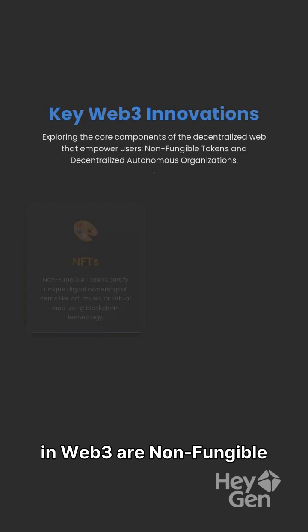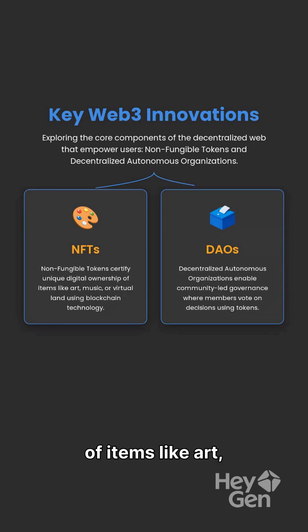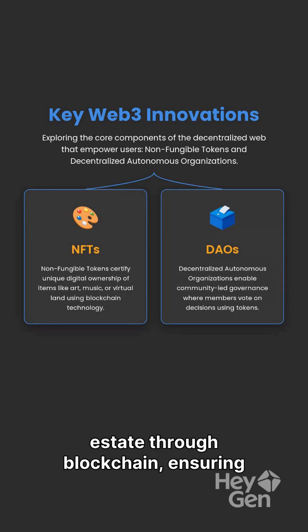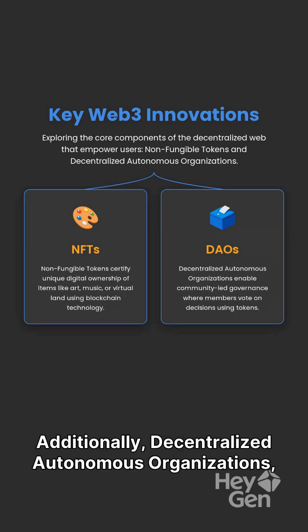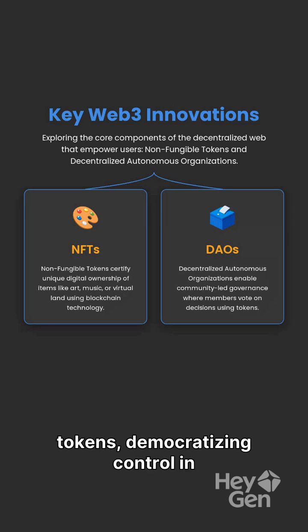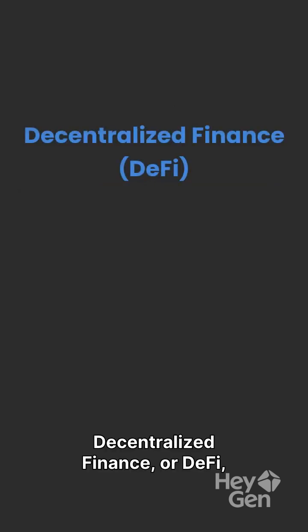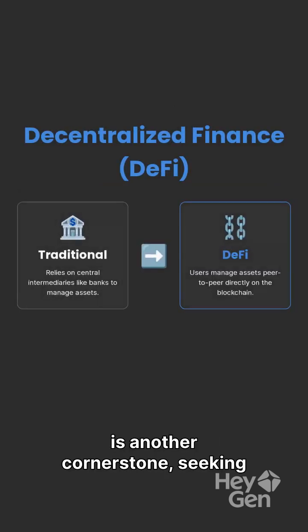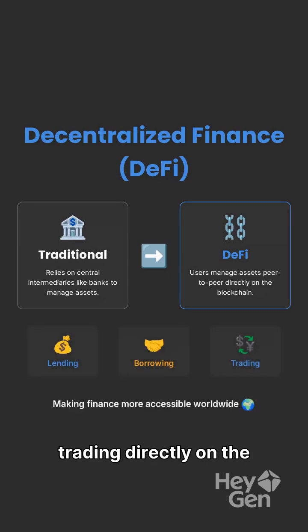Among the key innovations in Web3 are non-fungible tokens, or NFTs, which certify unique digital ownership of items like art, music, or virtual real estate through blockchain, ensuring provenance and scarcity in the digital realm. Additionally, decentralized autonomous organizations, known as DAOs, enable community-led governance where members vote on decisions using tokens, democratizing control in ways traditional corporations cannot. Decentralized finance, or DeFi, is another cornerstone seeking to replicate and innovate upon traditional financial services like lending, borrowing, and trading directly on the blockchain,